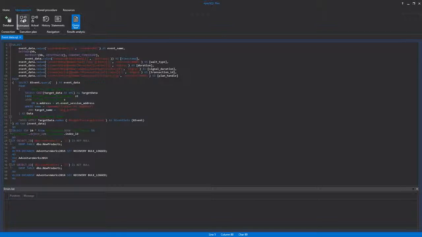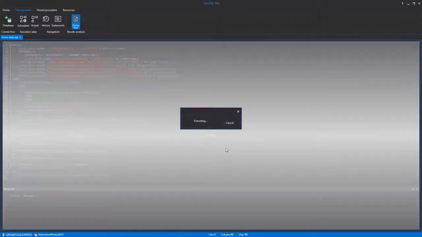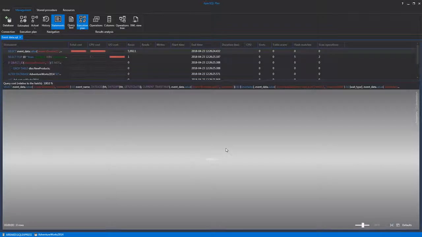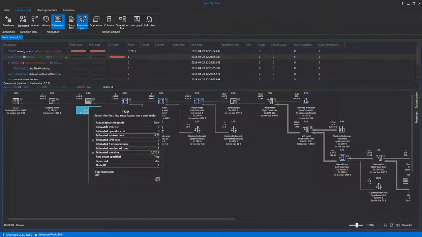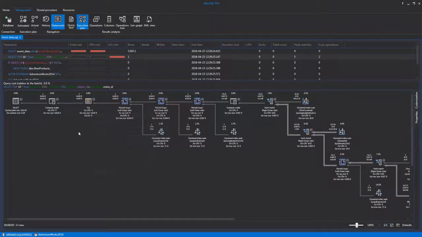To view the estimated execution plan of the open query, click the Estimated button, and the Database Connection dialog will appear, where the desired database needs to be selected. Select the required SQL Server and a database, which will be used for further query execution plan analysis. Click the OK button and wait for the estimated query execution plan to be created. Although it is useful for analyzing query behavior, because it is not actually being run, it might not be accurate